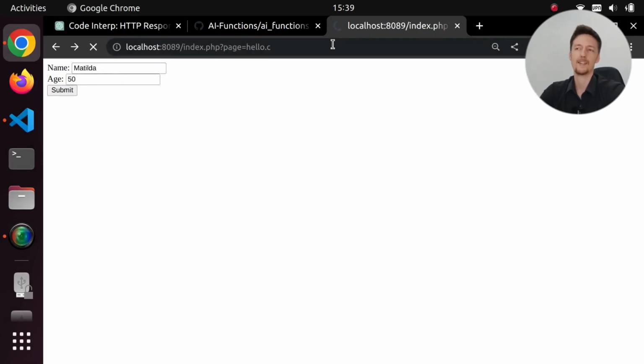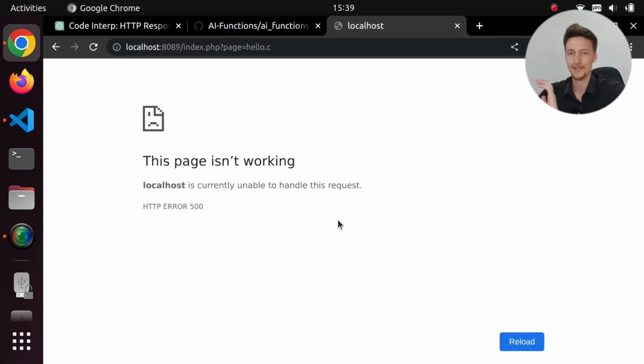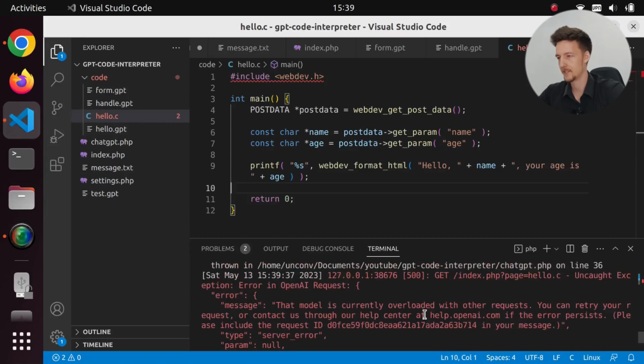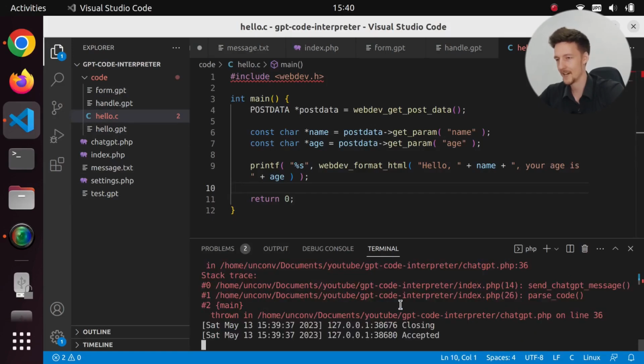Now actually I didn't pass in any name in the post, so I have to change my form so that it posts to that one. But let's see what our response will be. Okay, that took a long time and then we got an error. What error did we get? That model is currently overloaded with requests. You can retry your request or contact. Okay, great. So while we are waiting that OpenAI fixes their platform, let's fix this code so that we can